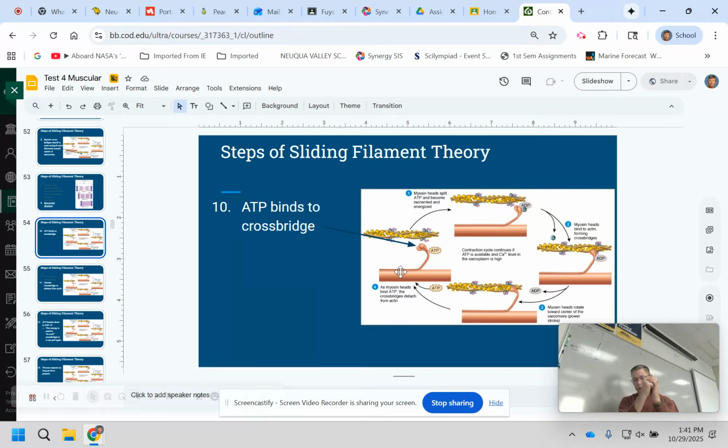What it does is the ATP causes the disconnect, and then the ATP breaks apart, liberating its energy. As soon as ATP binds to the cross bridge, it separates it from the thin filament. Now the ATP splits into ADP and phosphate. As it splits, energy is released. See, the energy is stored in the bond between the phosphate and the molecule. When I break off a phosphate, energy is released, and that energy can be used by the cell. In this case, what the energy does is it causes that cross bridge